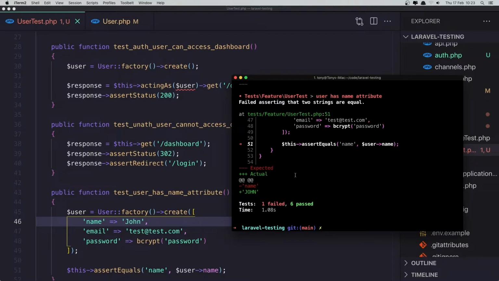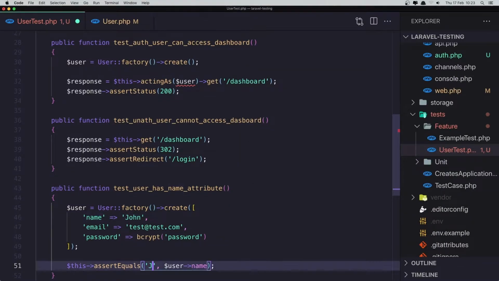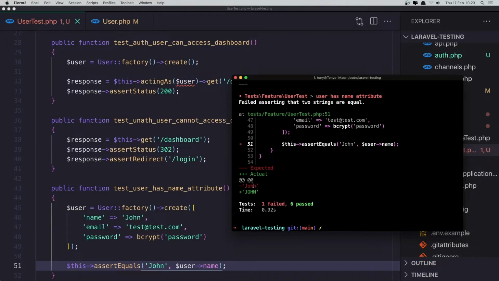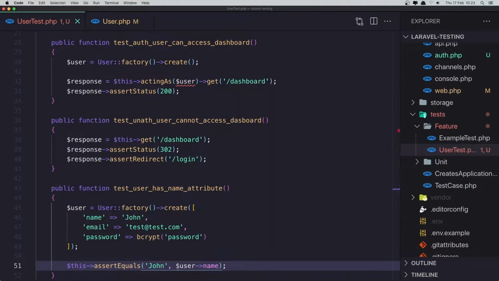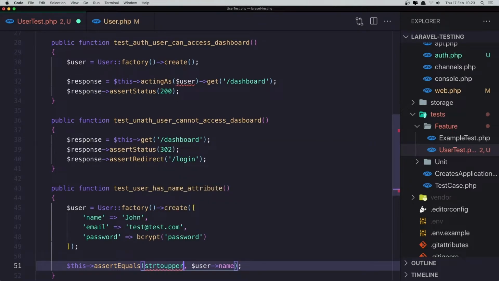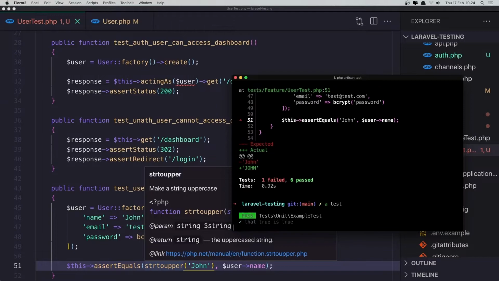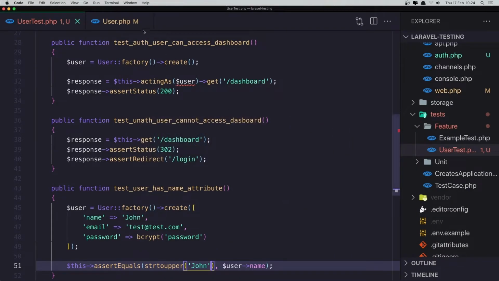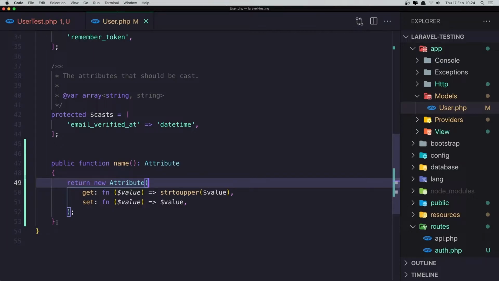So the first name, oh, here we also, sorry friends, add John here, and now here is the John we added here, and what we get is with uppercase John. So we can say here, cut this and say str the uppercase and paste that in. Sorry. Paste that in, hit save, and test now. Yeah, 7 passed, because we get the same thing we have here, str to uppercase, and if I remove this,